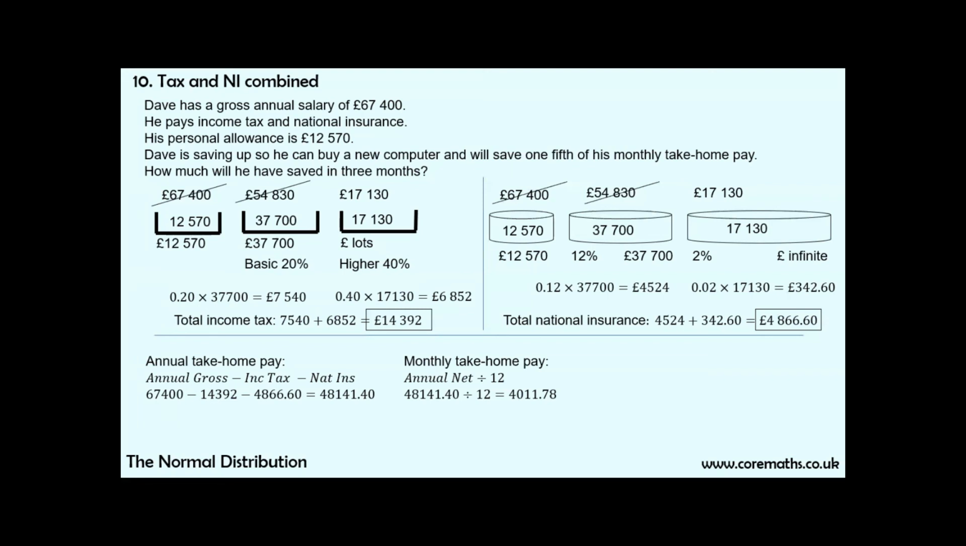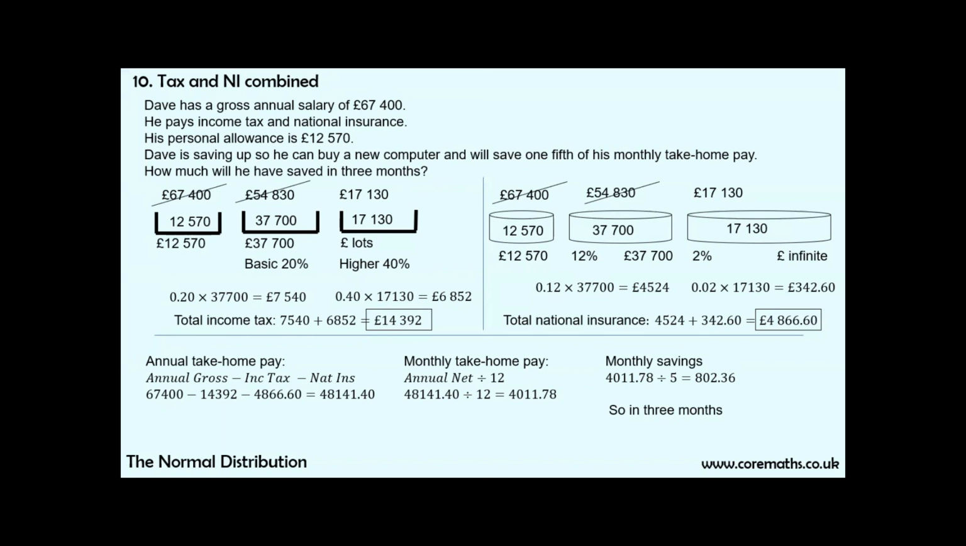I think I rounded down for that one. And then monthly savings. So this is 1/5 of the monthly savings. It says that in the question. So it's 1/5 of his monthly take-home pay. So £4,011.78 divided by 5. 802.36. I think I've rounded down again there. If you round it up, that would probably be okay too. In fact, that would be okay. So the monthly savings are